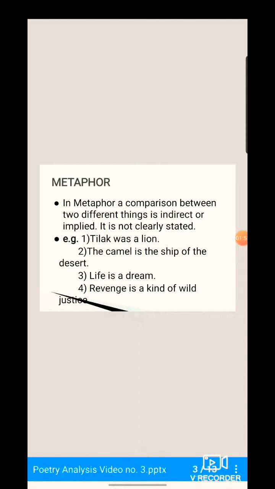Metaphor. A metaphor is an implied simile. It does not state that one thing is like another or acts as another, but takes that for granted and proceeds as if the two things were one. In short, in metaphor, a comparison between two different things is implied but not clearly stated. Thus, when we say, "He fought like a lion," we use a simile. But when we say, "He was a lion in the fight," we use a metaphor.